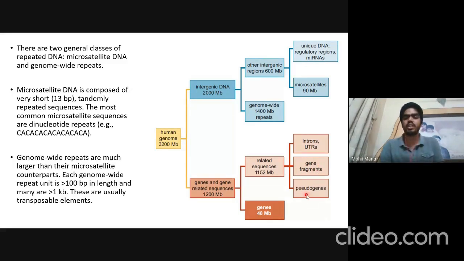Then come pseudogenes. Pseudogenes are genes which are formed because of retroviruses. Retroviruses contain an enzyme known as reverse transcriptase, and usually when they infect a host, this reverse transcriptase may convert some of the host mRNA into cDNA, and this cDNA gets incorporated in the genome. But because it lacks many regulatory regions and promoters, these pseudogenes are not able to form proteins. And so this is the overall summary of the human genome and its content.